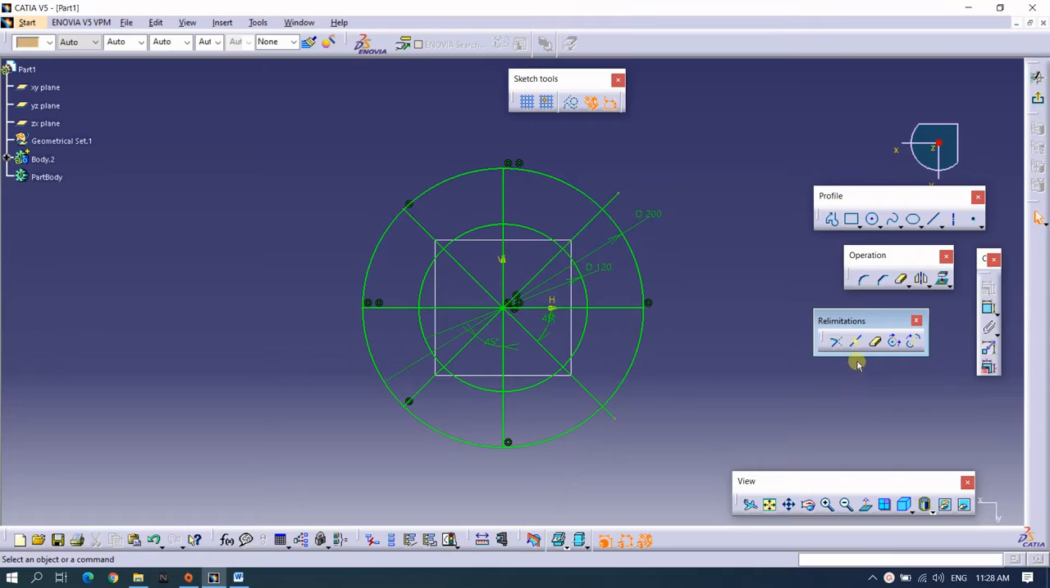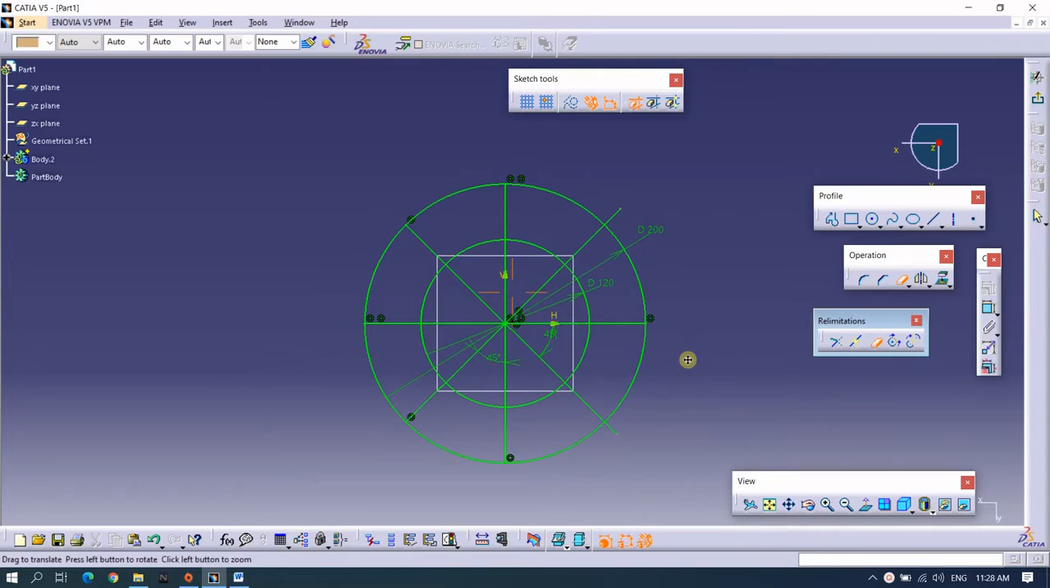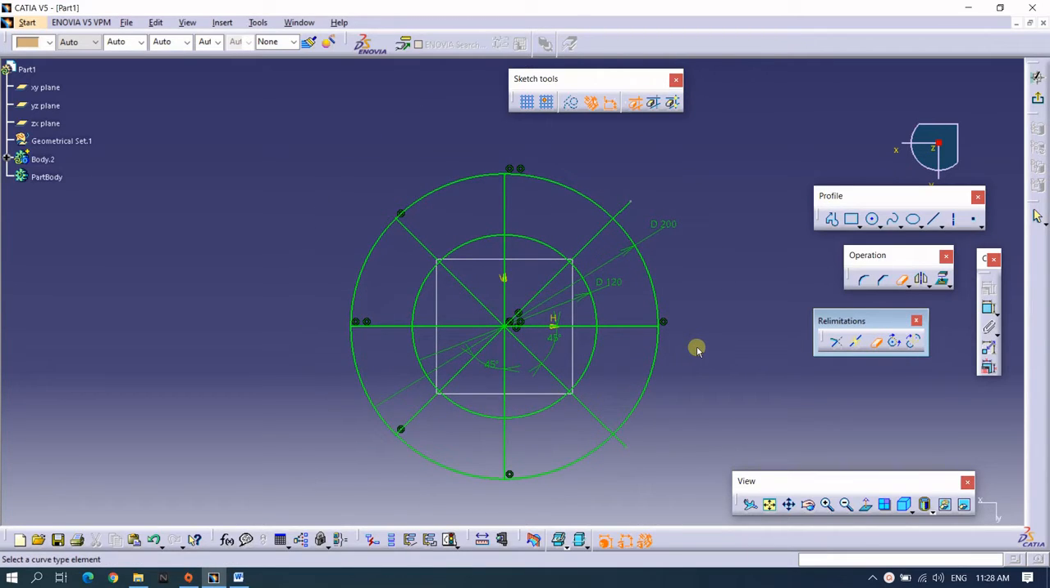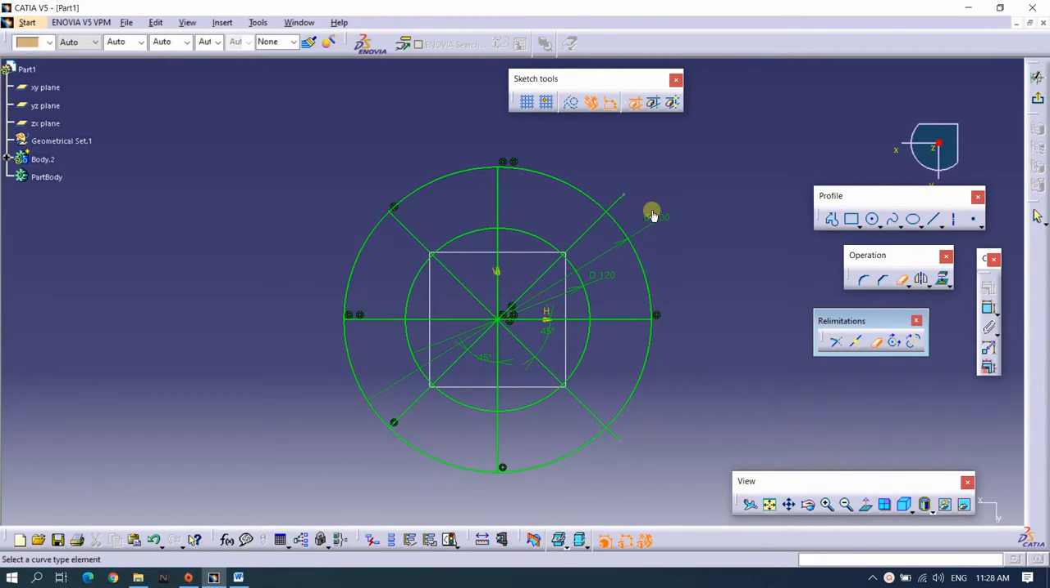Our next tool is quick trim. Yes, we have seen the trim operation first. That was our first operation in this toolbar. So this operation is quite similar to the trim operation, but as compared to that tool, it is quite easy to use. It just operates like, see, I'm clicking on this extended line, and now it will get